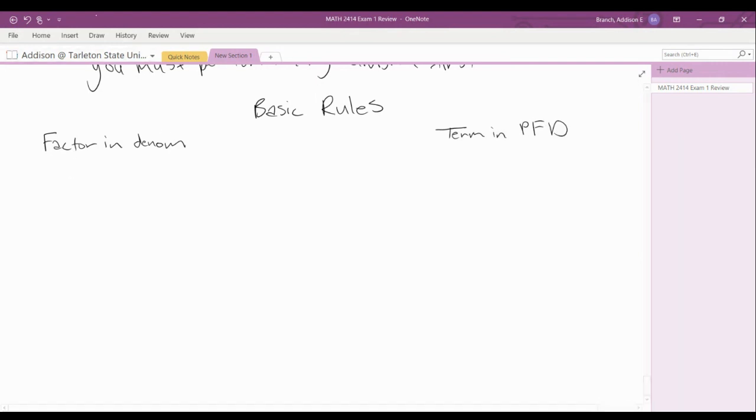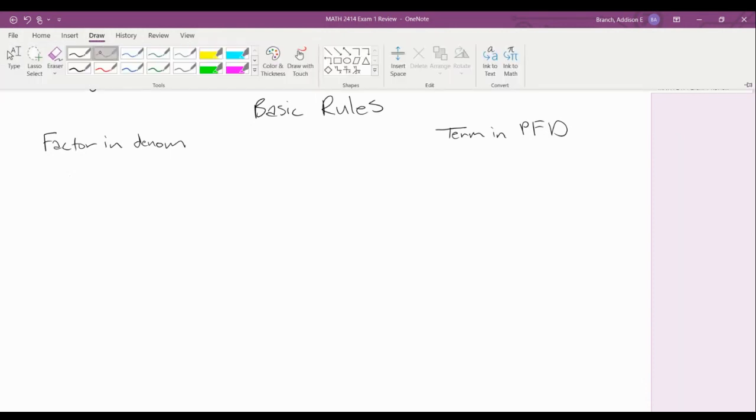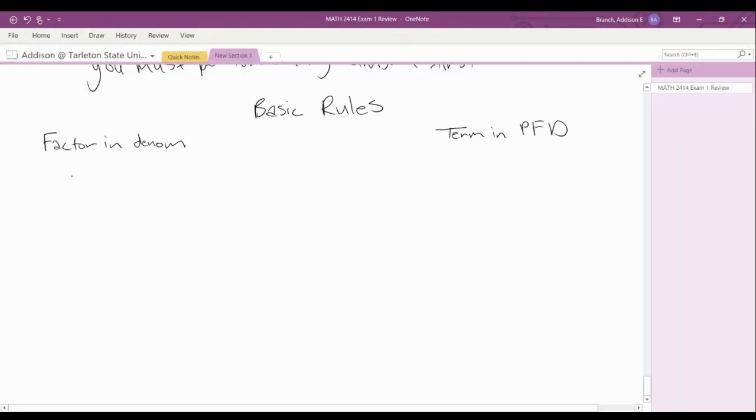So if we have just a normal linear factor, ax plus b, that is going to turn into some constant A over ax plus b as the term in our decomposition. If we have a linear factor raised to a power,